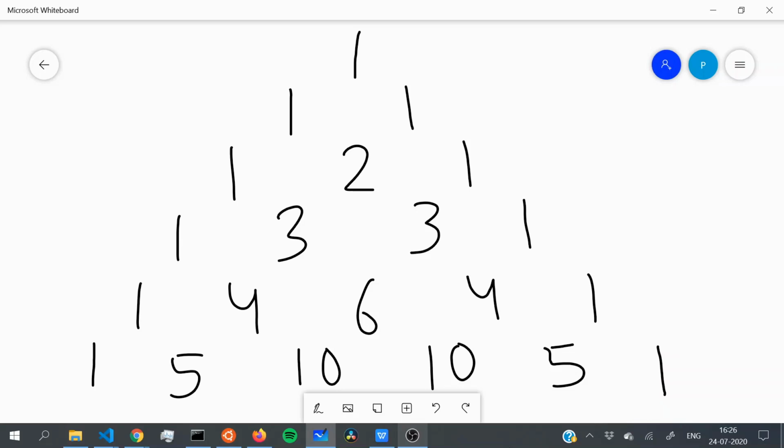Well, this is a really interesting pattern problem and it has various solutions, and as you can see, I've drawn the Pascal triangle on the screen. So right now you can just pause the video and try to look for a solution. How can we generalize this problem? What I mean by that is that you can generate these magic numbers like 1, 2, 1, 1, 3, 3, 1, row after row.